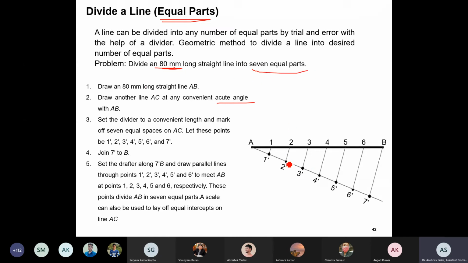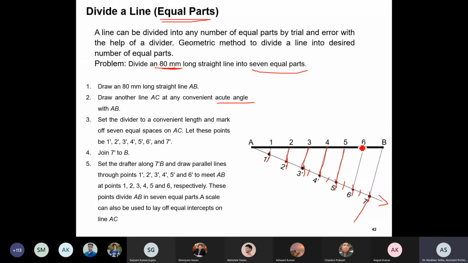So instead, if I make this line 7 centimeters, it will be easier for me to divide, right? Or I can take this line to be very long, a little longer, take one divider and then mark 7 points. Once you start marking those points, this will be equal to this, this will be equal to this. Then you draw parallel lines which will hit the original line, and it will also be divided in the same ratio.